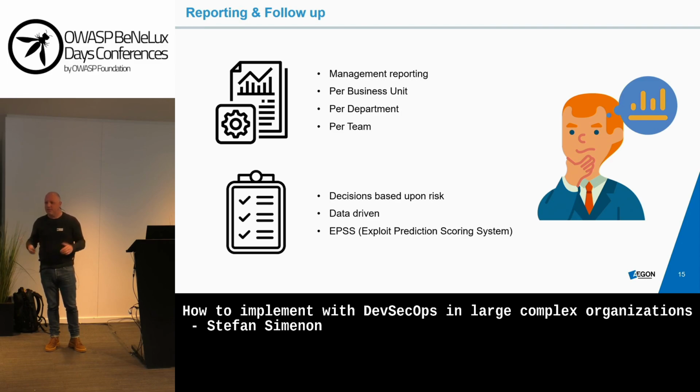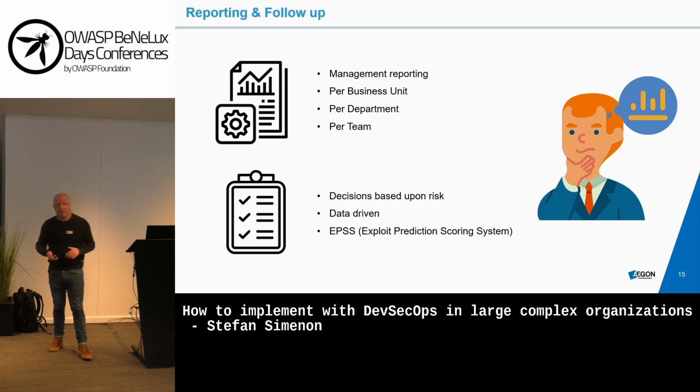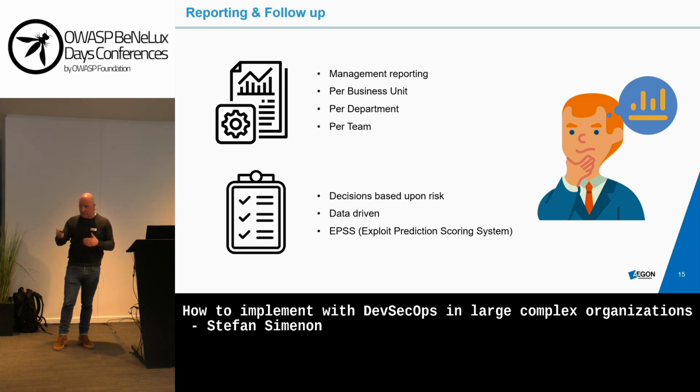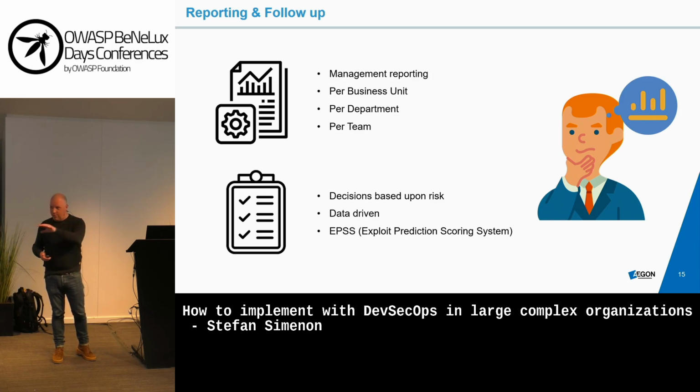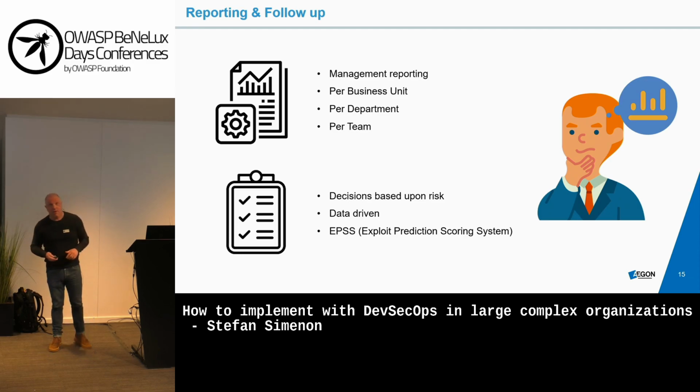And so this is a wrong way of managing it, because you should focus on the vulnerabilities and the issues which have the most risk. Therefore you have an exploit prediction scoring system, and I see that suppliers also sometimes have their own methodology to indicate which vulnerability has more impact than another one. So once you have the reporting in place, make sure you focus upon the issues having the most impact, and do not make the mistake of focusing on numbers only, or doing spreadsheet management, as people call it.